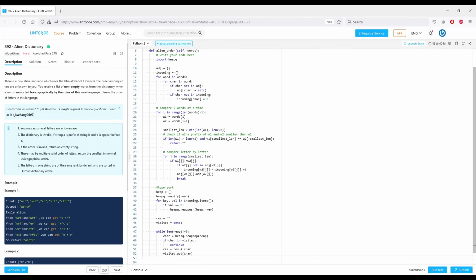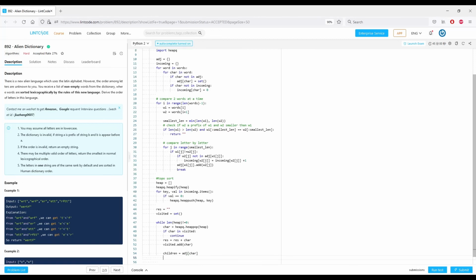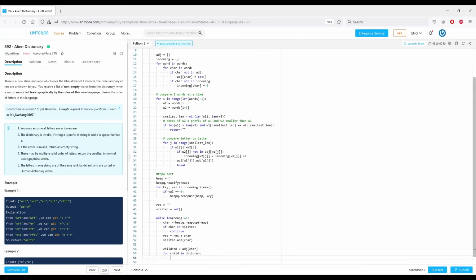Okay, and now what we want to do is get our list of children for char from our adjacency list and iterate through them. And since we just put this char in our result, that's one less incoming edge for each of its children. So for child in children, what we're going to do is